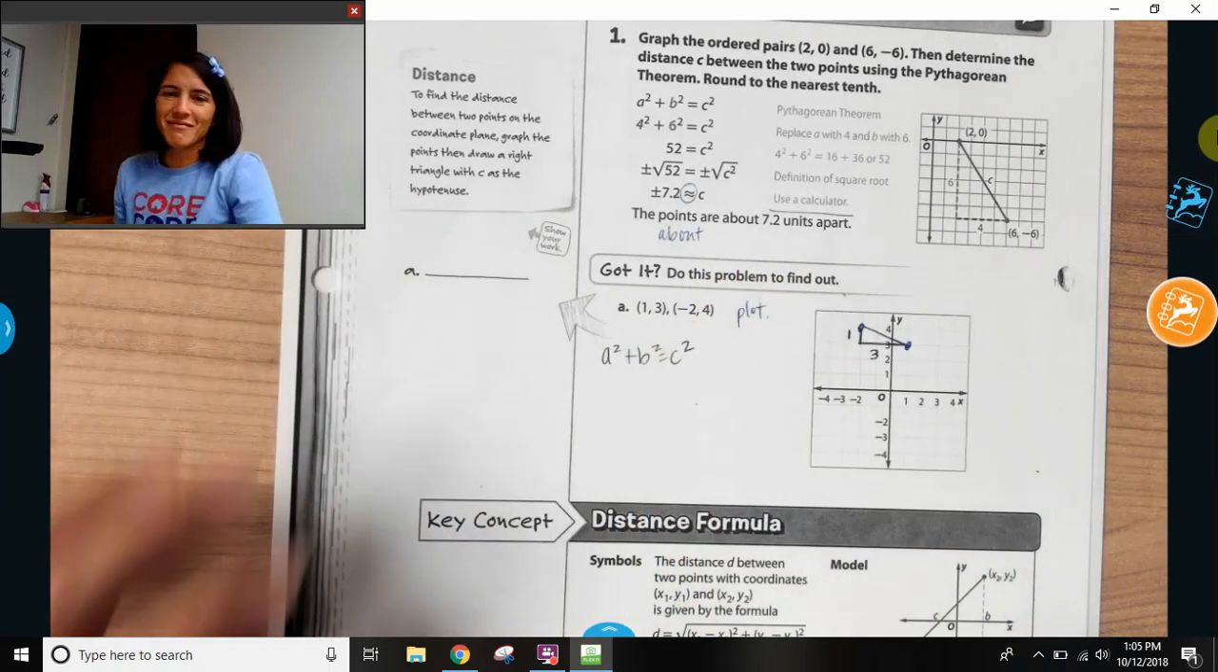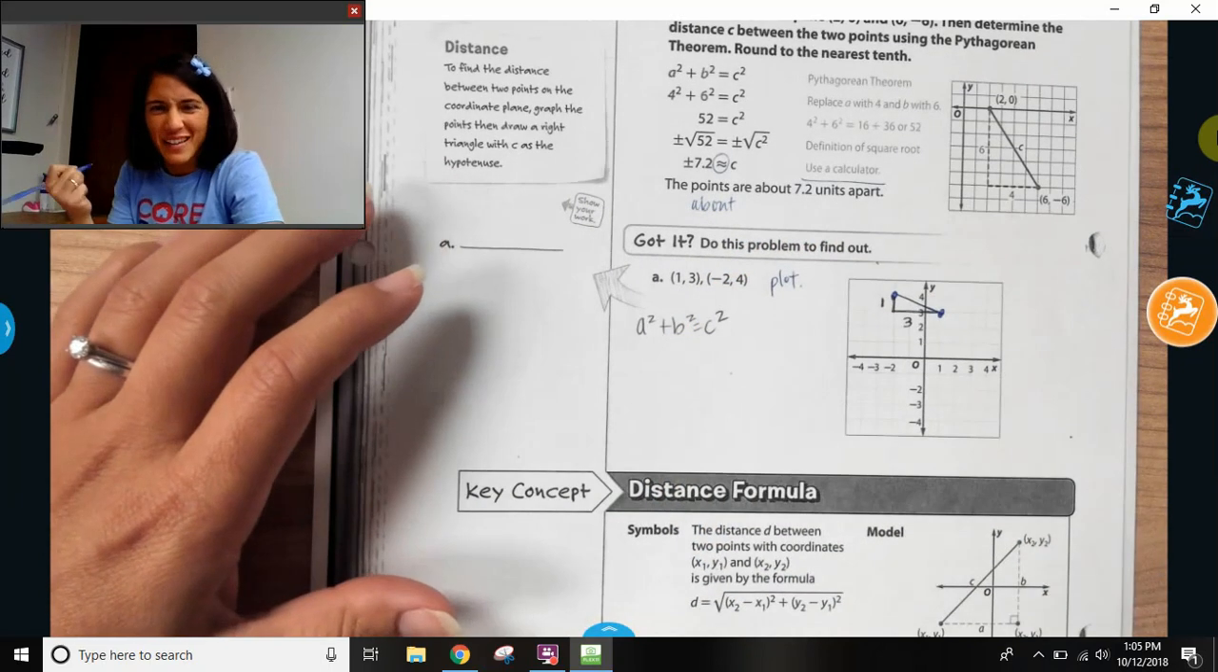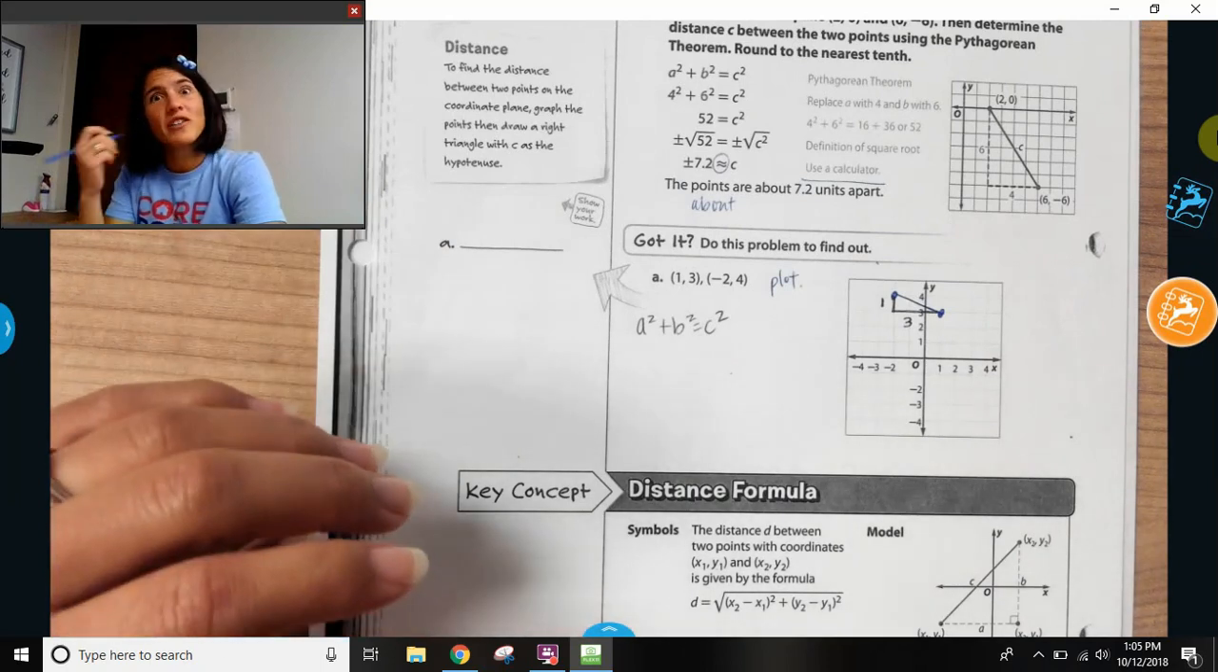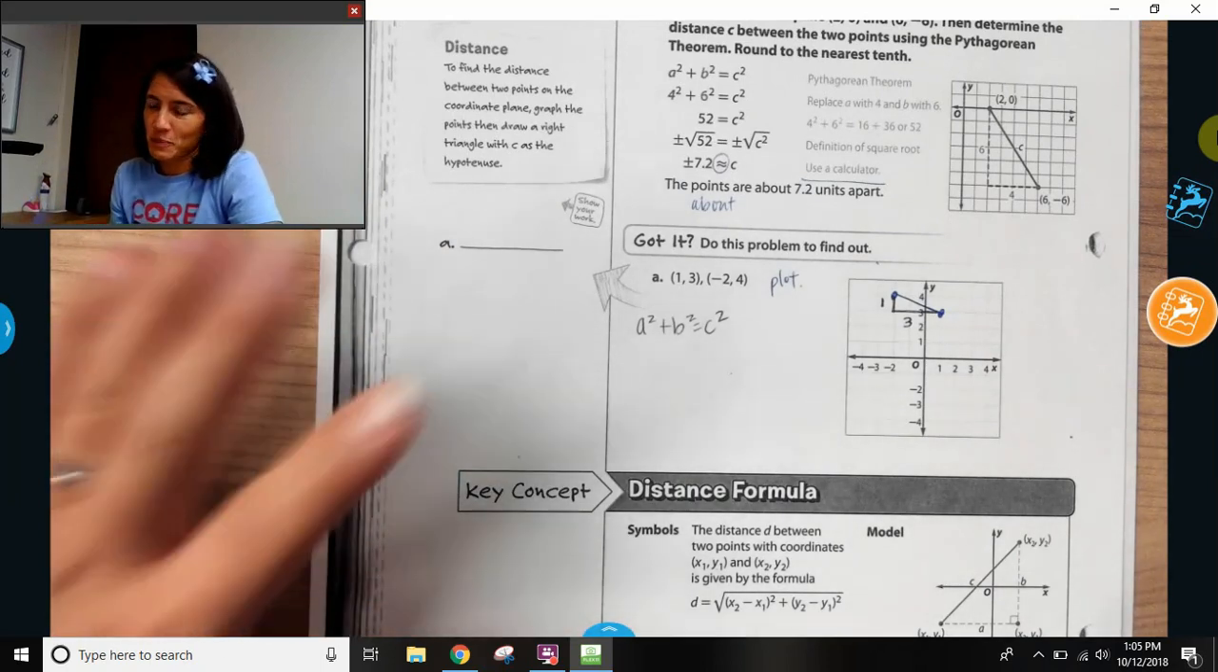Uh-oh, I need to go back to my blue pen. I don't like my black pen for some reason. Do y'all have a pen that you like better? This one just writes really smooth, and I like the way this one writes,